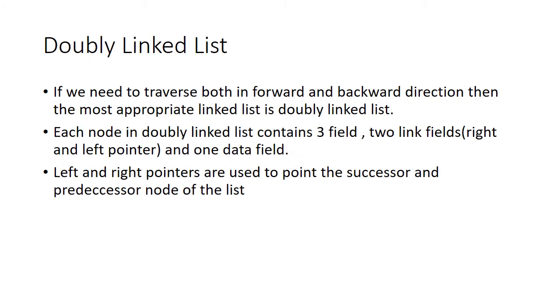Then we have doubly linked list. Now the problem here is, in a single linked list, we can move in a forward direction, but arbitrarily we can't go to any particular node provided we want some type of operation on that node. Then we can't go directly onto the node. Instead, we have to come back to the first node, and from the first node we should again travel to the appropriate node.